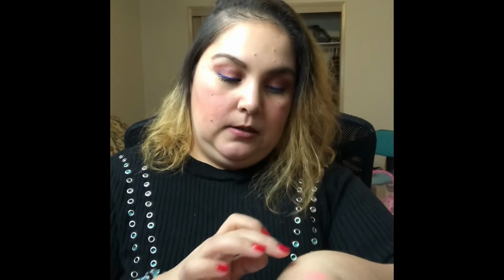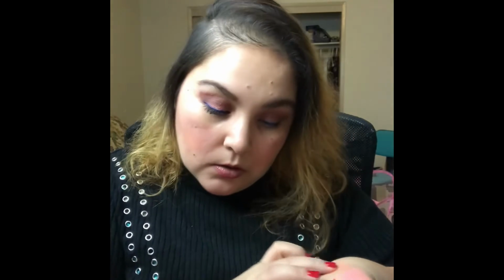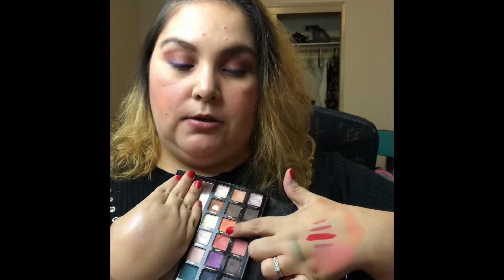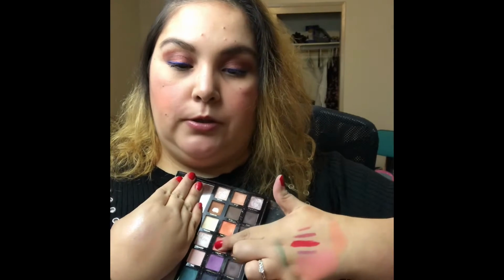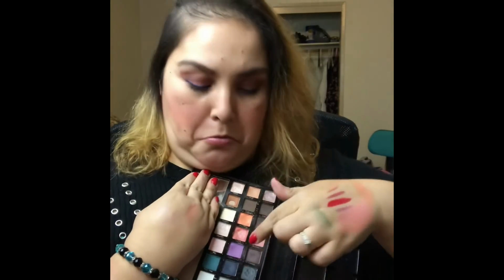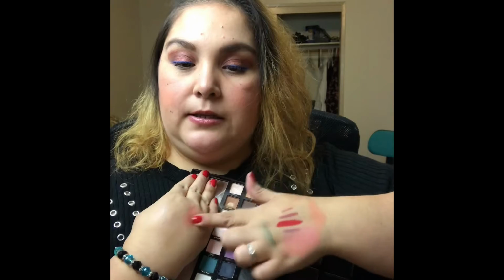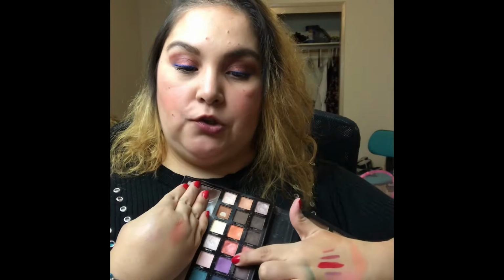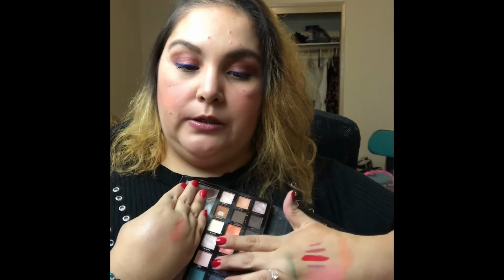But this one, this color is called Terracotta, and so this would also make a really pretty blush. So I'm focusing on the top three here, and then this terracotta color. This is a really pretty peachy shimmer. Like I said, I'm a terrible swatcher as well. So this terracotta color, this peachy shimmer, this purple color, I really enjoy this kind of lilac purple